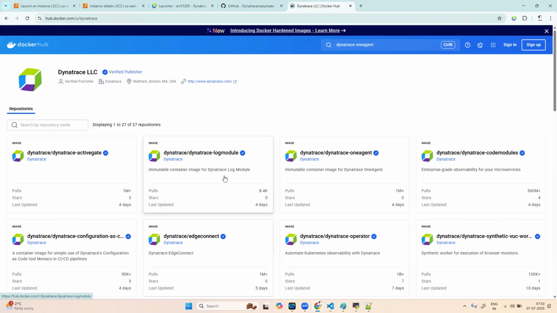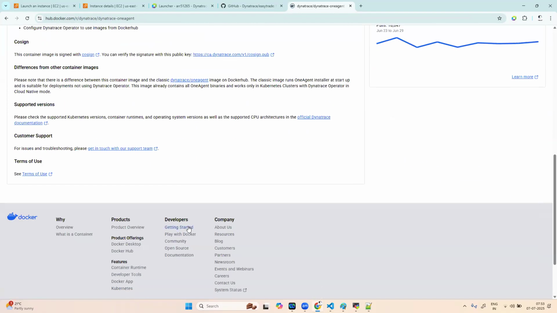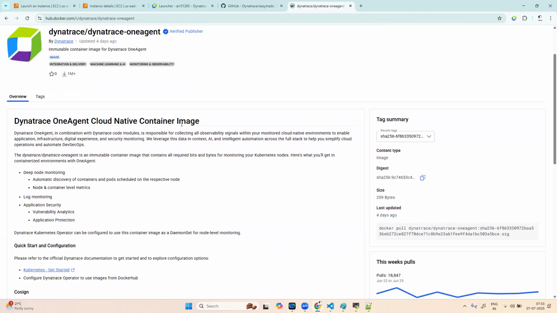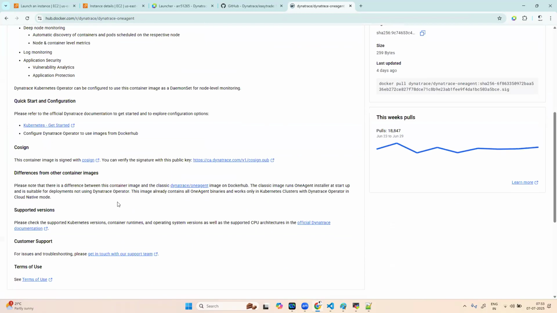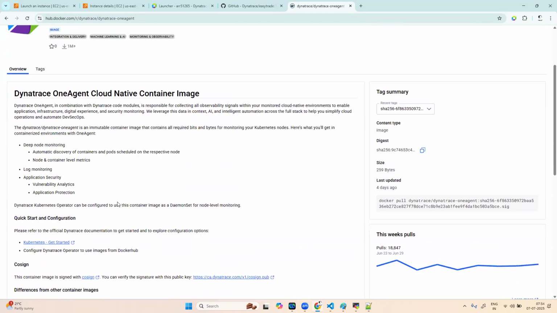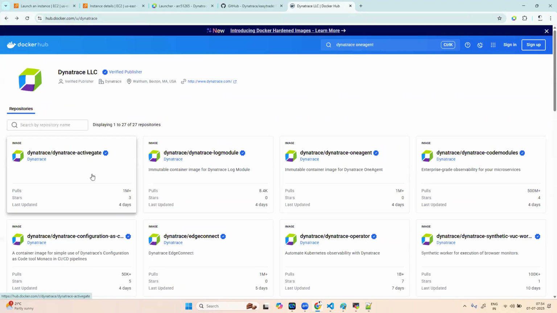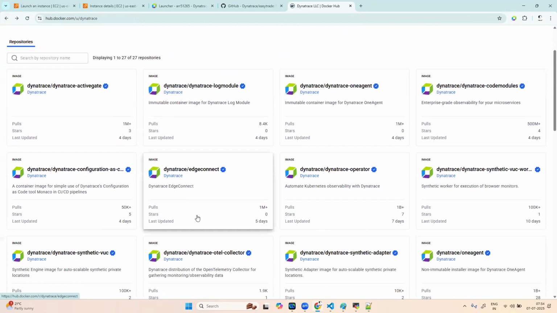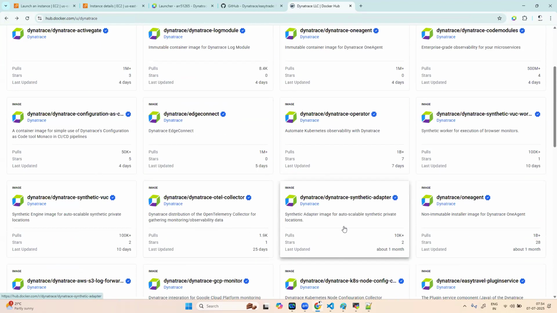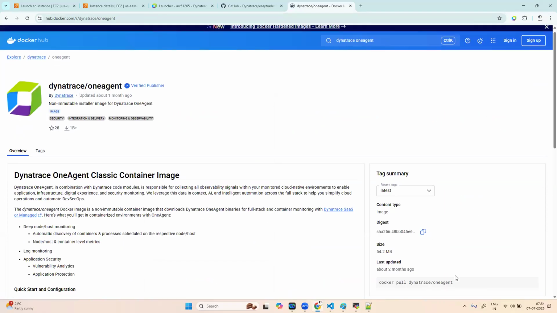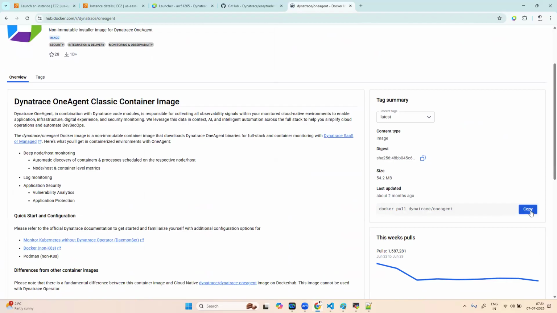Active Get module where we have Dynatrace OneAgent. You see, there are modules available. OneAgent for cloud native container image is available, you can use that. Sometimes you want to install it as an agent, then you can install that. I have never tried this image one. But yes, you see, Dynatrace pull, Docker pull. When you do this, what happens is your